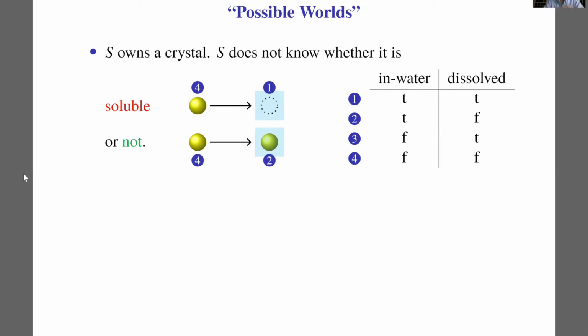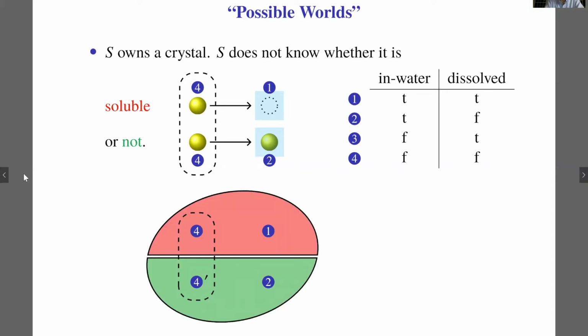So the cognizer S does not know whether the crystal is soluble or not, which can be expressed by this dashed circle, indicating that the cognizer knows that the actual possible world is inside this circle, but which of these two worlds, she doesn't know. Okay. Then this picture essentially gives a possible world semantics of the epistemic state of S, in